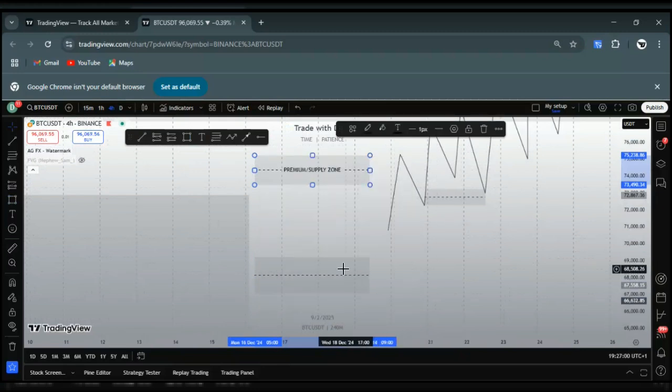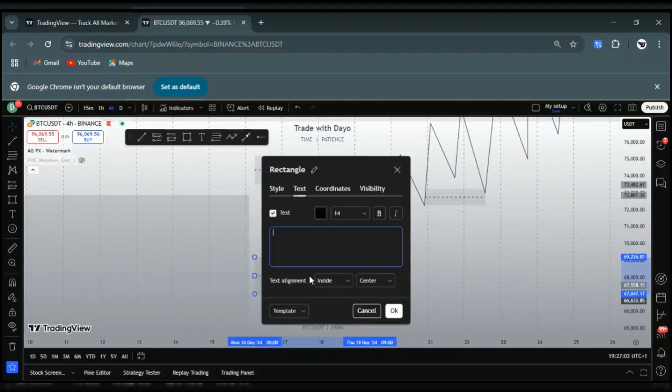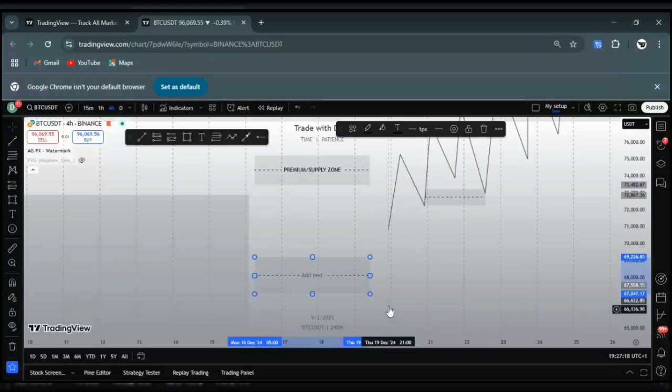Then this is discount, stroke demand zone. And the psychology behind it is that if you want to be on the good side of the market,